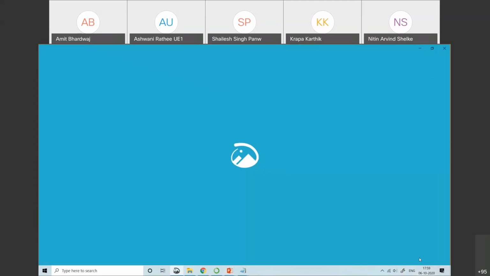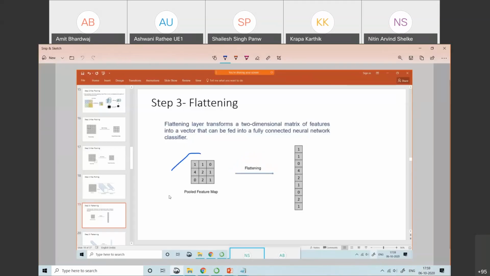Flattening means taking the matrix that we get after the pooled feature map, and converting this matrix into a vector. That vector becomes your node in future.